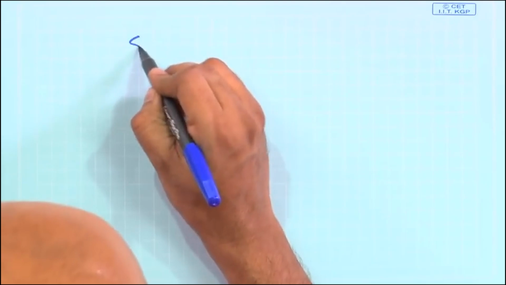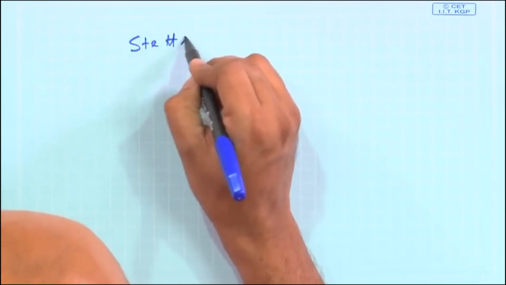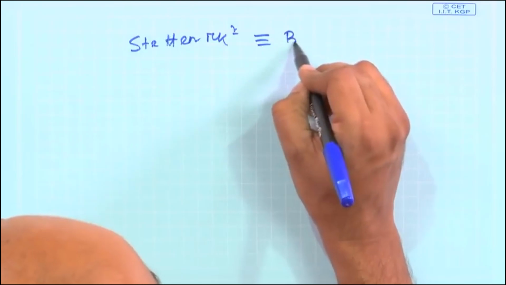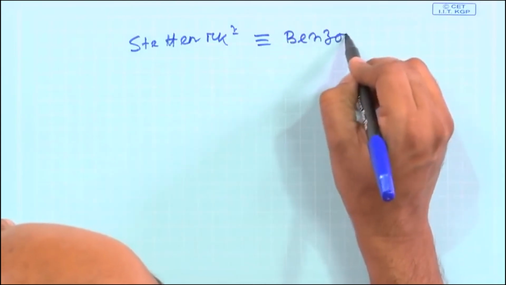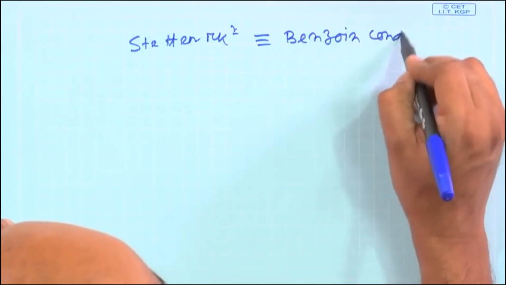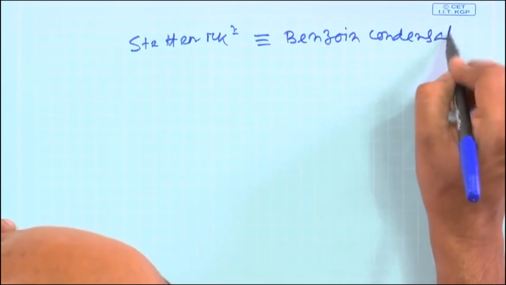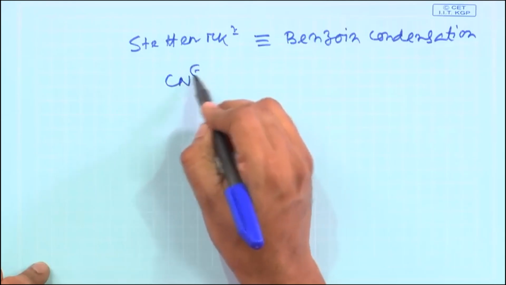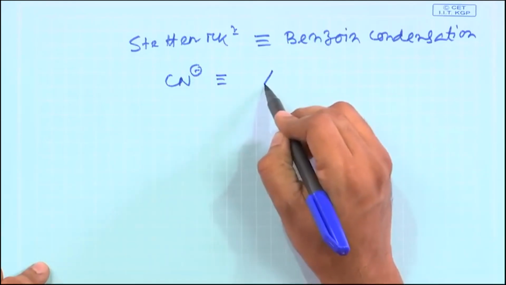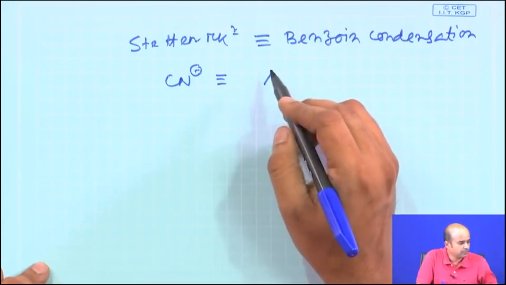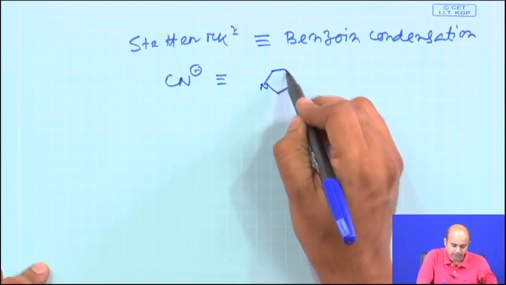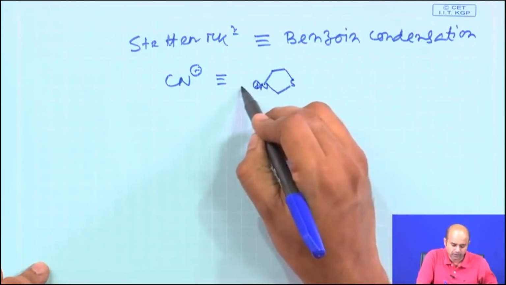So, I will write it down. The Stetter reaction mechanism is equivalent to the benzoin condensation. That will basically give you a hint. If you remember the mechanism of the benzoin condensation, then this mechanism will be very similar, except that in the benzoin condensation you have a cyanide species, and in the Stetter reaction you basically have a thiazolium species, which is a 5-membered nitrogen and sulfur containing compound,